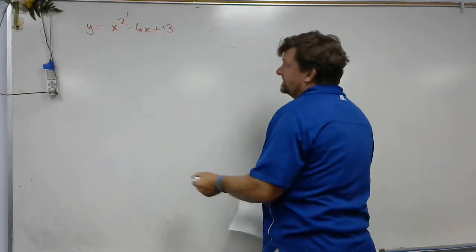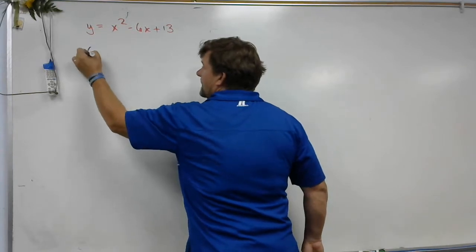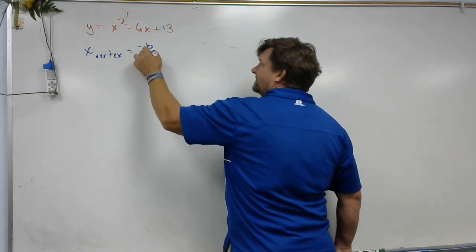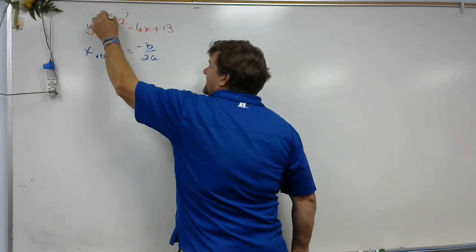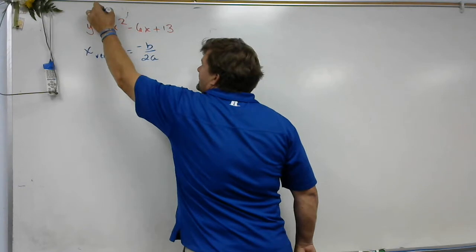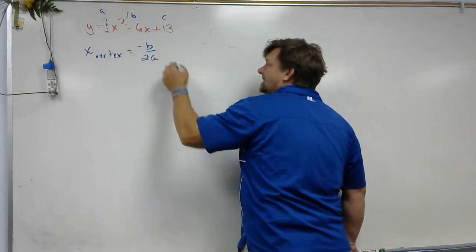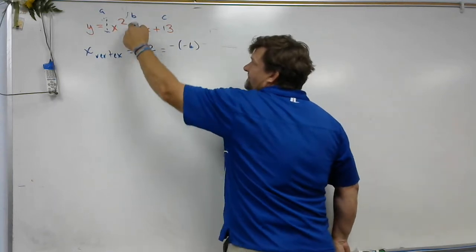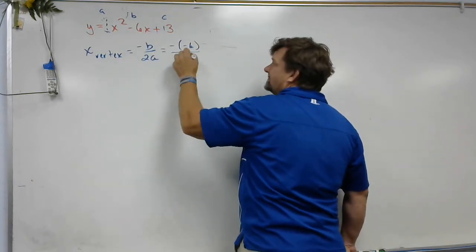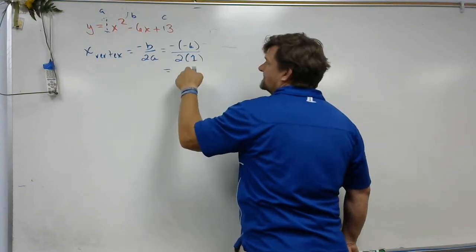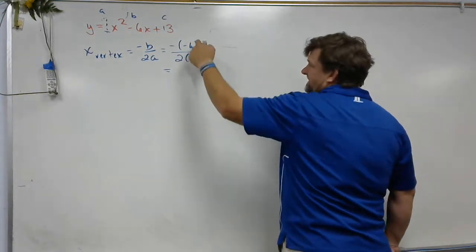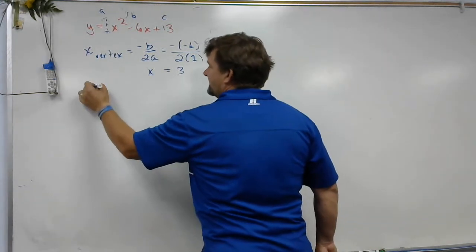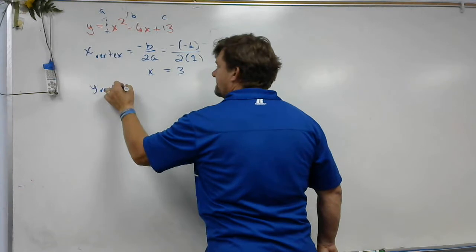So we are going to use the x of the vertex formula, and we're going to do -b over 2a. Remember, there's an imaginary 1 right there. So that's a, this is b, this is c. So we get -(-6) over 2 times 1, which is going to give us 6 over 2, which is 3. So x equals 3. Now to find the y of the vertex, I just plug it back in, and I